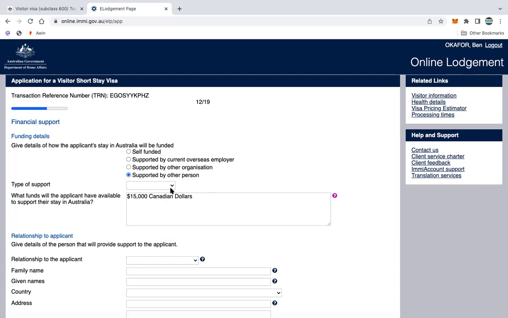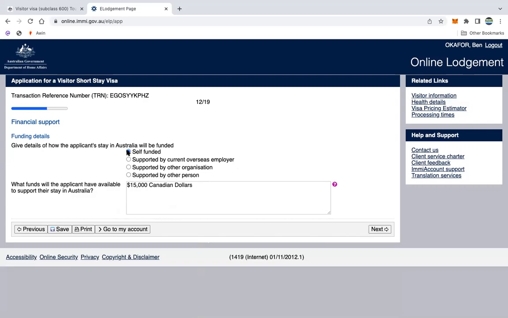So if you choose supported by other person, then you're going to choose here whether they are offering you financial, accommodation or all cost. But for this demo, I'm going to stick to self-funded. Once you do that, we go to next,